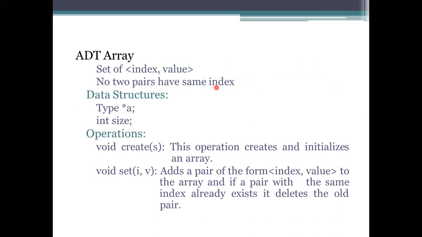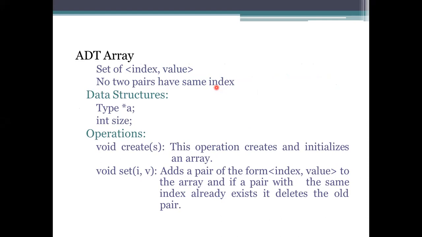Coming to array processing, we are going to write it using the ADT representation. That means we describe it as an abstract data structure, and the data structure name is Array with a capital A.